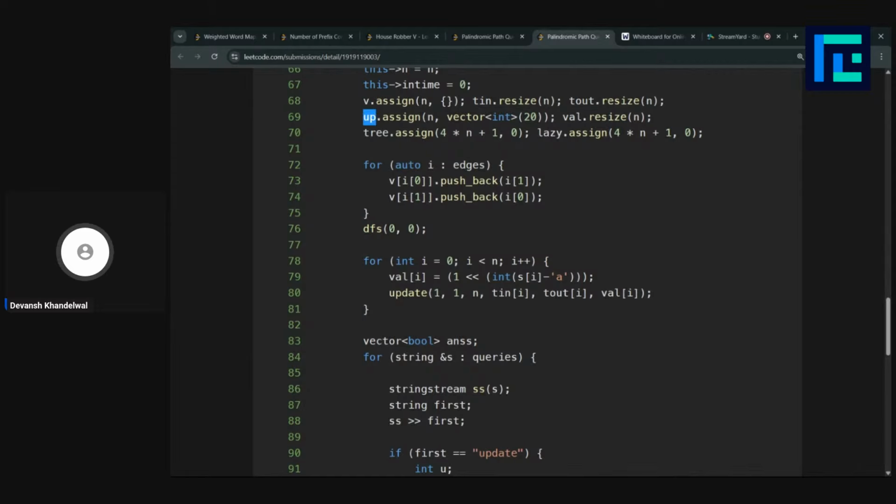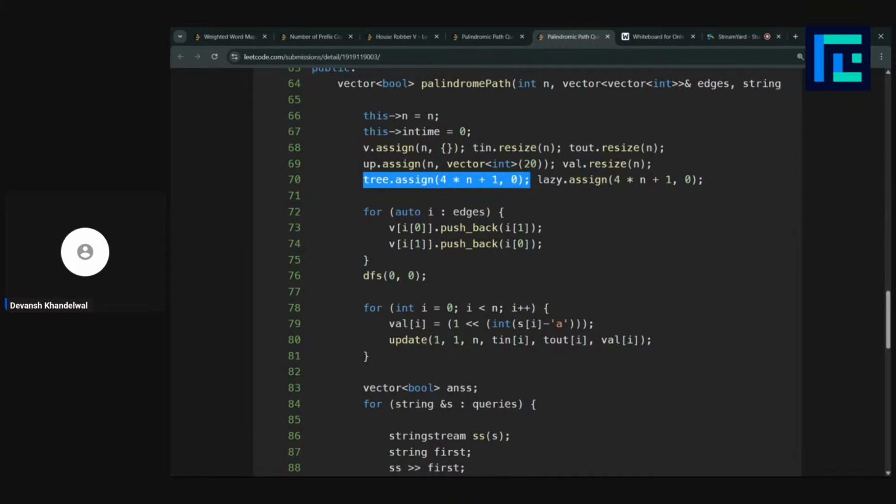This up is basically used in our binary lifting. This tells us the 2 to the power ith parent of a node. This lazy is basically calculating the lazy value of the node. This tree is basically our tree. This tree is our segment tree that we have applied to